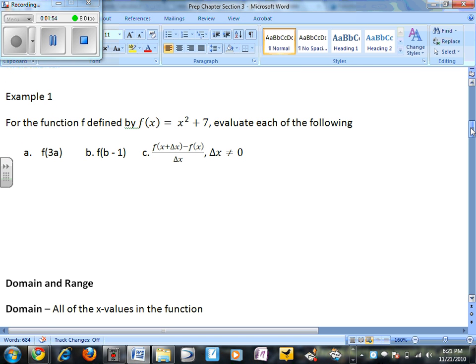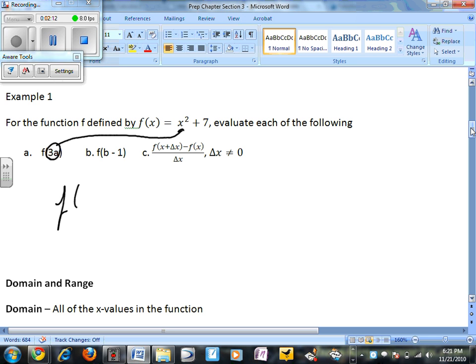So we have an example right here. For the function f defined by f of x equal to x squared plus 7, evaluate each of the following. Well, here we're going to plug in anywhere, basically, so it's saying f of 3a. So what it's saying is anywhere we see an x, we want to plug 3a into. So f of 3a is